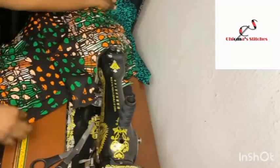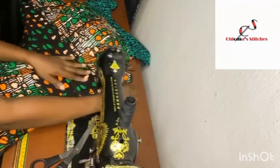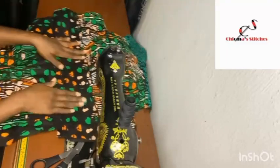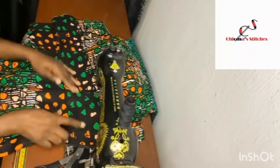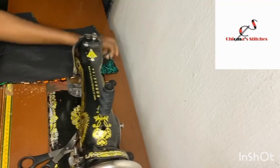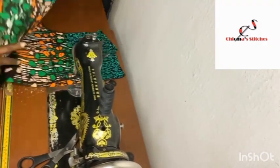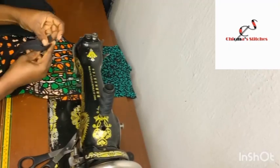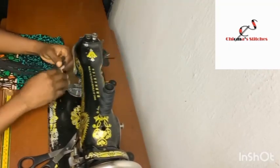Okay, this part is sewn, and I'm also going to go ahead and iron it. But next, we're going to be attaching the zip to the back piece. I've ironed all these parts from the neckline to the joinings and the waist joining. Now I'm going to go ahead and sew the zip, and I believe everyone on this channel already knows how